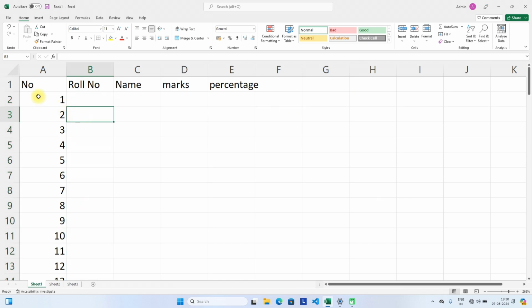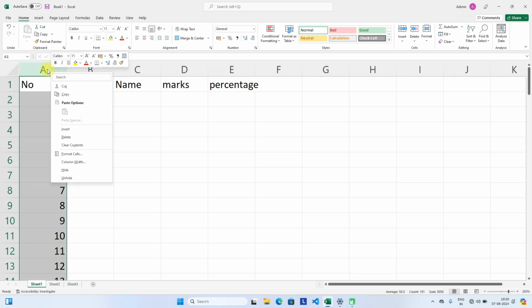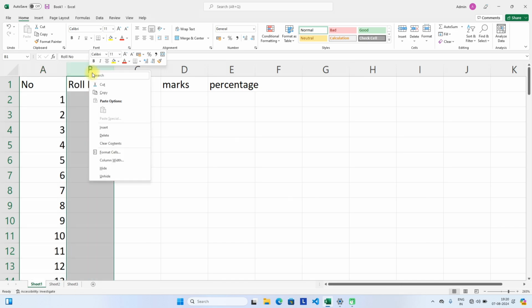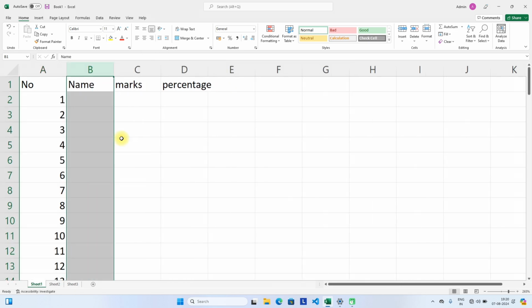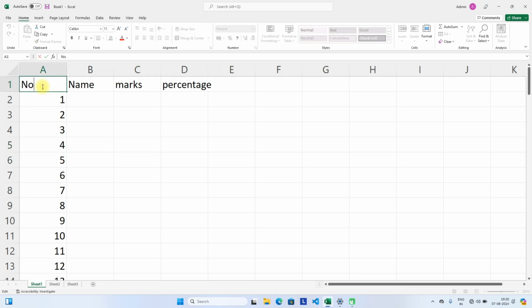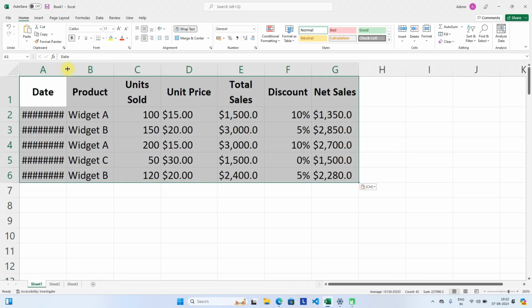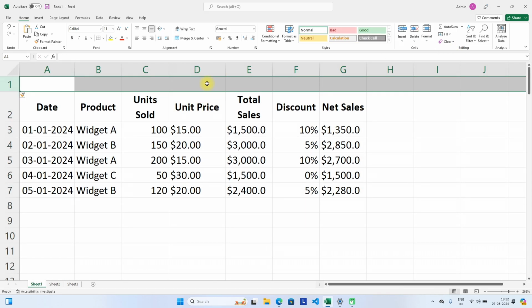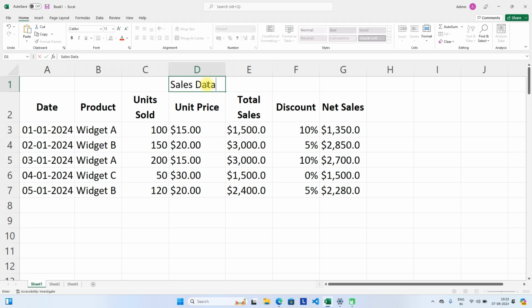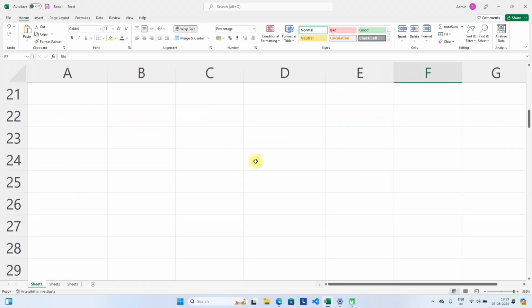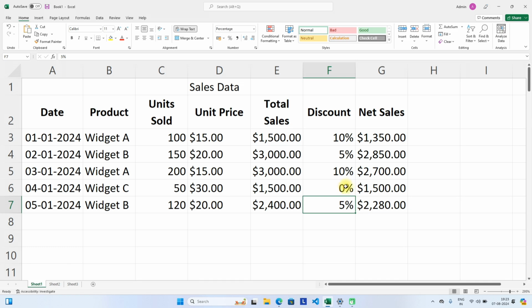So now here is the cell number. Suppose I have to delete this roll number column and keep only the number. Let me format this table first. Suppose I have